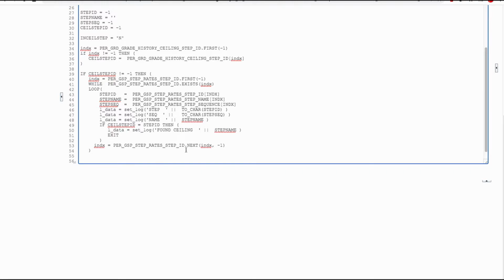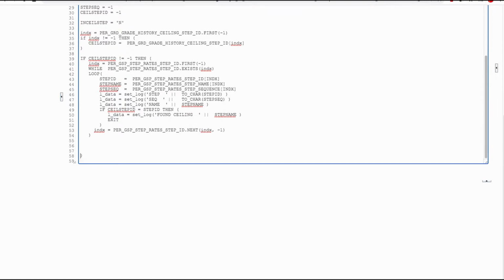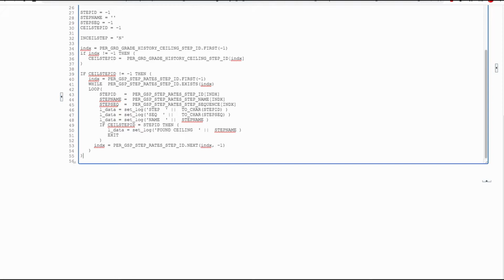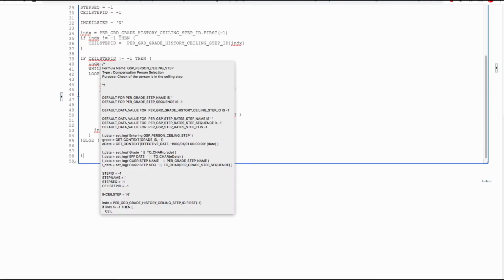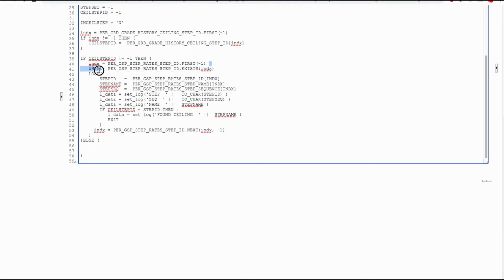Okay, now what do we do? Now we'll come to the else part. I found it, but in case the else part is coming into the picture. What is the else of it? The ceiling step ID is not there. So what would be the case? So what I'm going to do here is